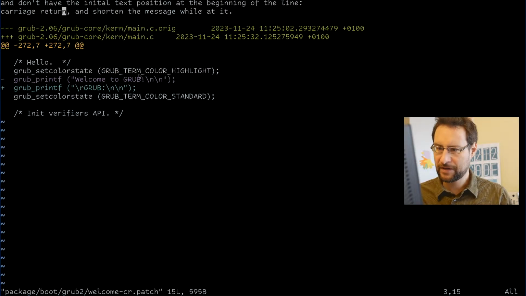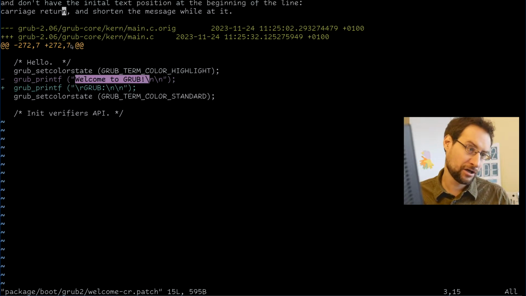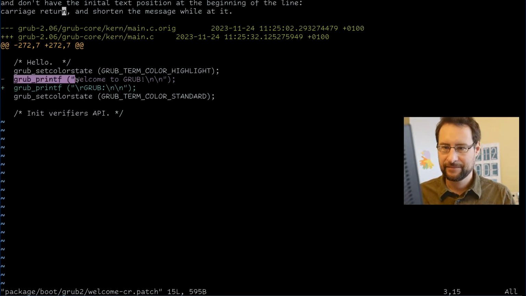GRUB doesn't do that. So obviously, what did I do? I grabbed the welcome to GRUB message in the GRUB sources, in grub core kern main, and patched it. They have grub_printf. I understand where they're coming from, similar to printk in the Linux kernel, but why not use printf? Maybe for compiler built-ins, but it would make the code base slightly nicer to read, although maybe they build this on a Unix system for the installer. Anyway, they do a grub_printf that prints welcome to GRUB,